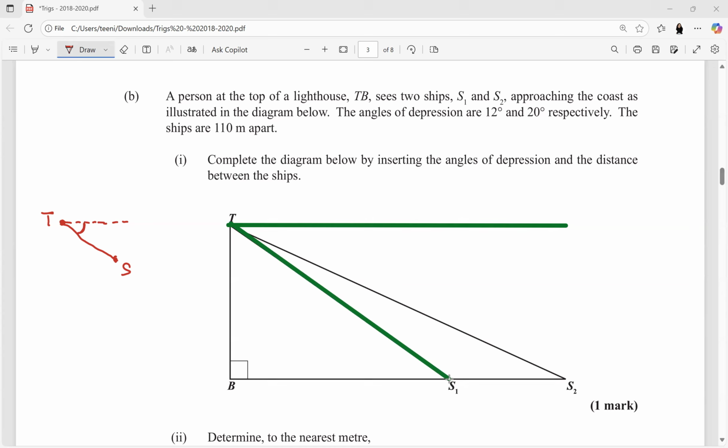So therefore, your angle of depression of S from T would be this angle over here, which is how much? 12 degrees. 12 degrees, yeah. Right. So this angle is 12 degrees,